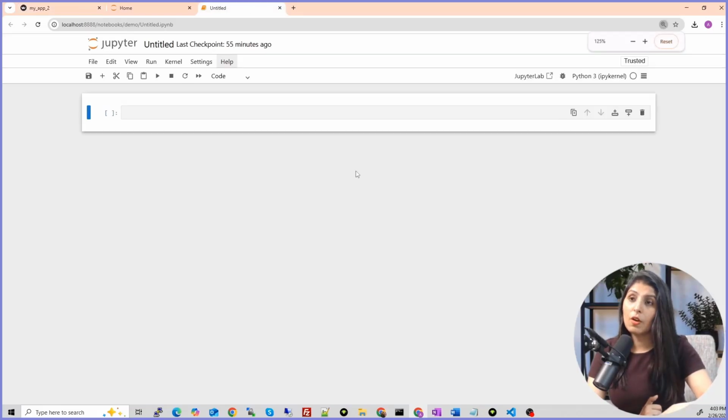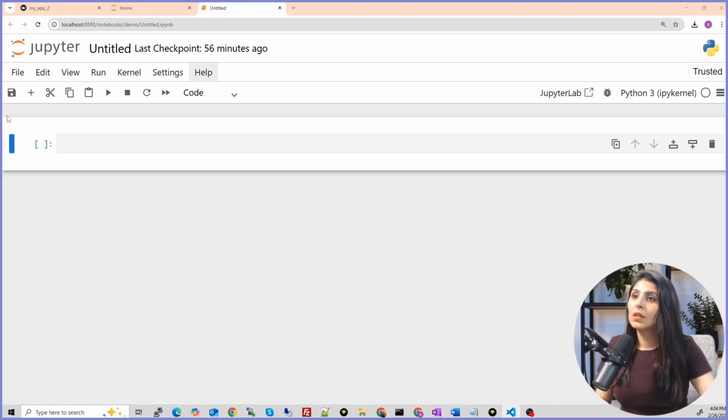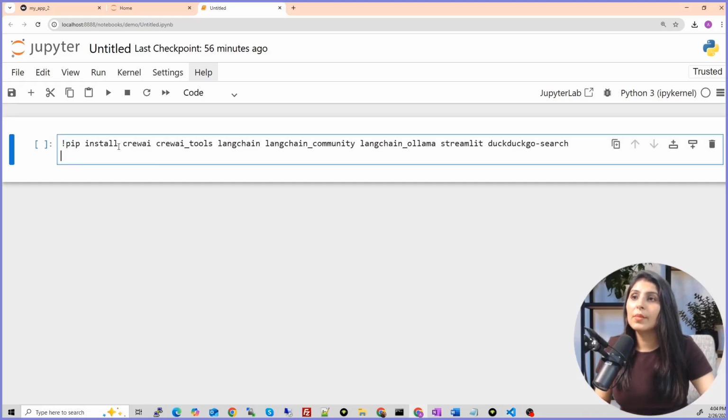First, we are installing all the requirements. So these are the requirements. We are installing Crew AI tools, LangChain, LangChain community, LangChain Ollama. We are using this LangChain Ollama because the LLM which we are going to use today is Llama 3.2, and for that you need this module.